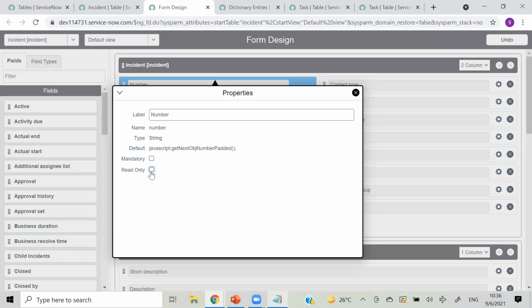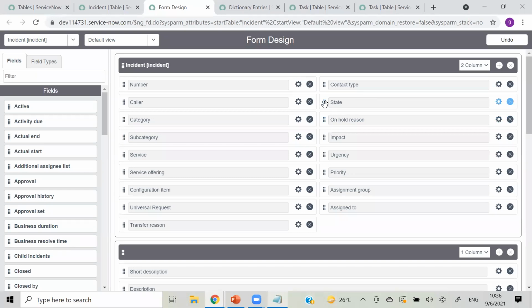So prefer that option to make fields mandatory, read only, and visible, but do not use this. Using UI policy is the best practice. Okay, so this is about form design.